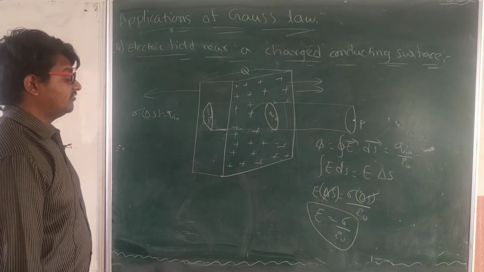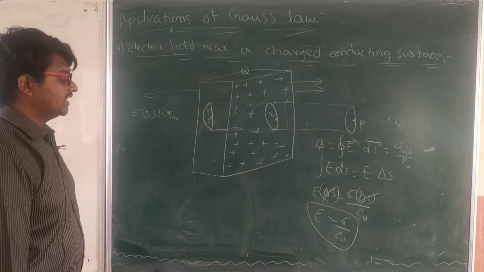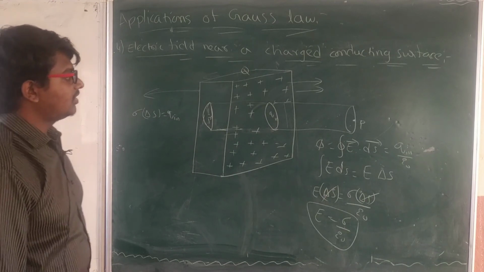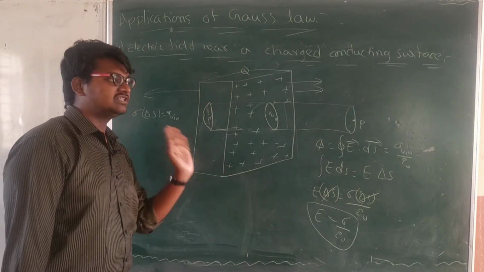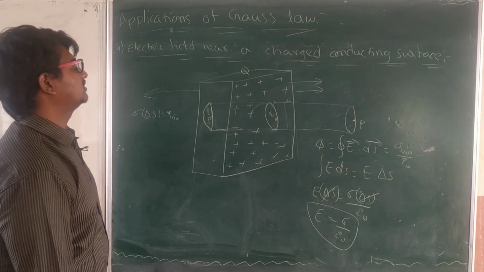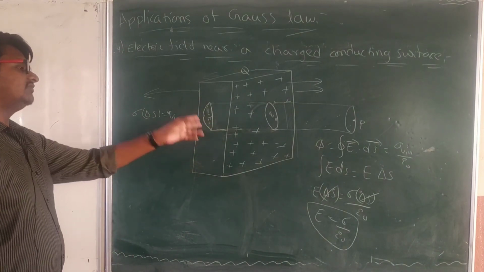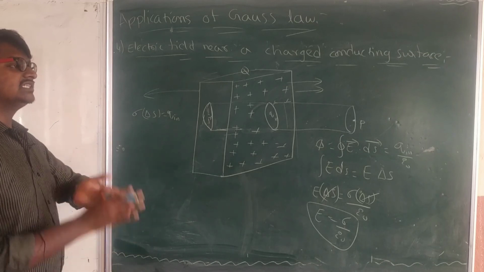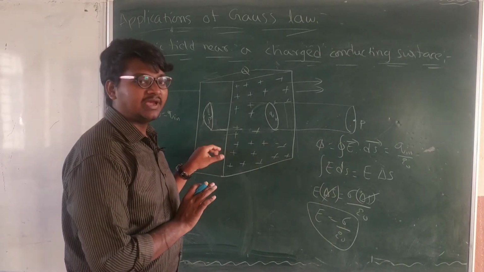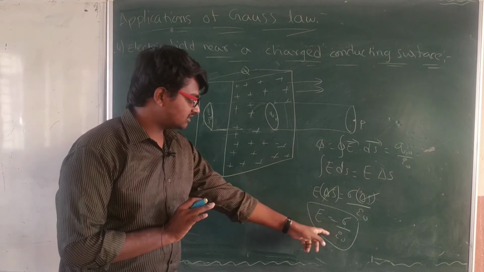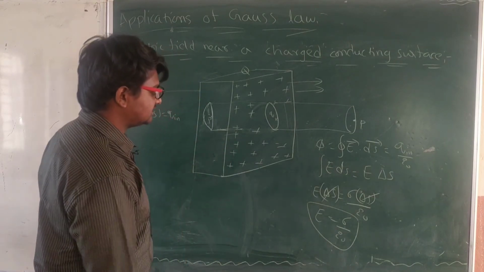It means for a plane sheet of charge, electric field E will be half of the conductor's. This is sigma by epsilon naught. The previous one is sigma by 2 epsilon naught. That's it. Because there the point will be outside of the sheet, the thickness of the sheet is completely negligible in that situation. But here thickness matters. Wherever it matters, the electric field value will come like this. That's it.